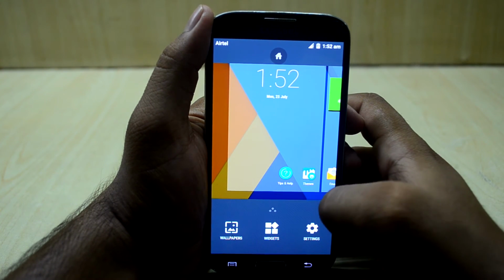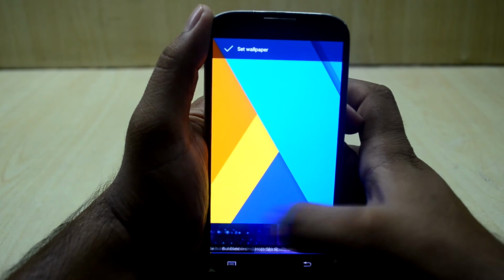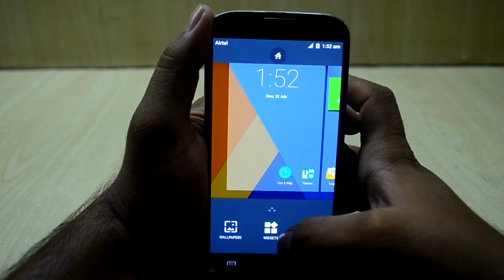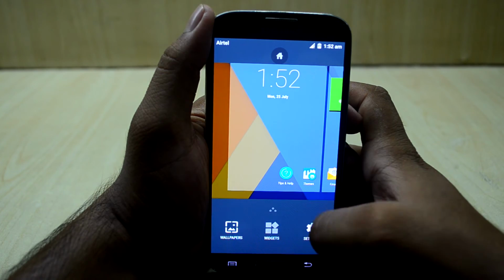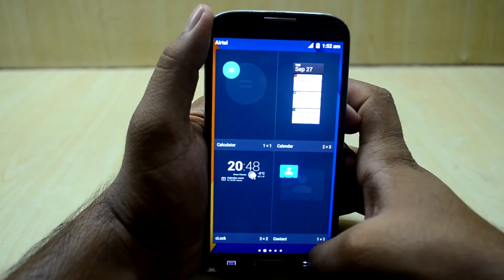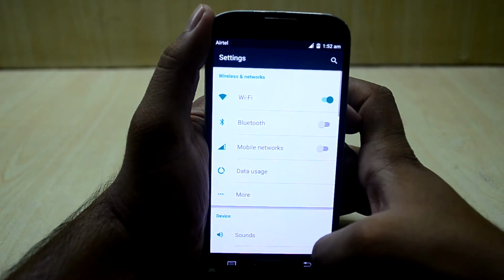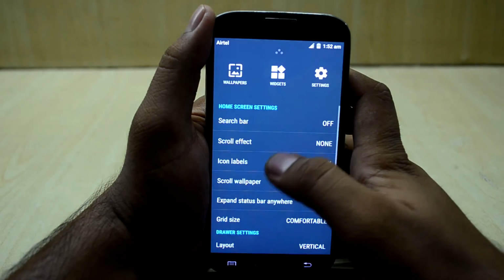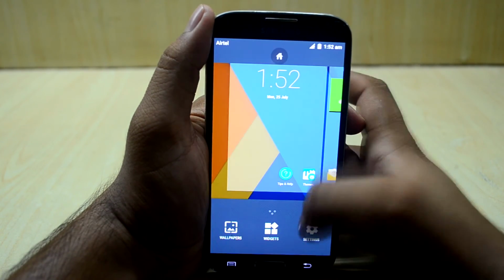You have the wallpaper settings here. You can change the wallpaper from right here. You have the widgets, you have the settings from here as well, and if you swipe it up